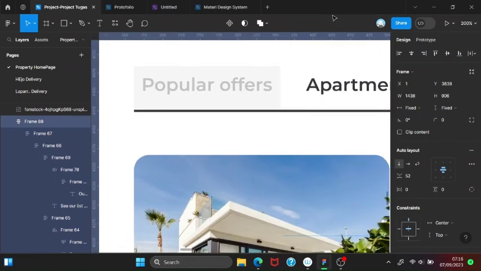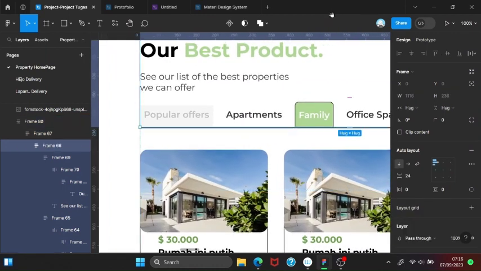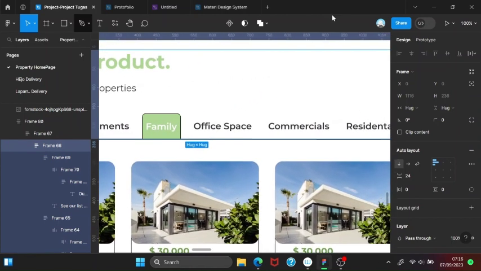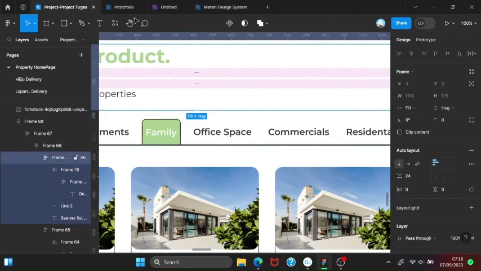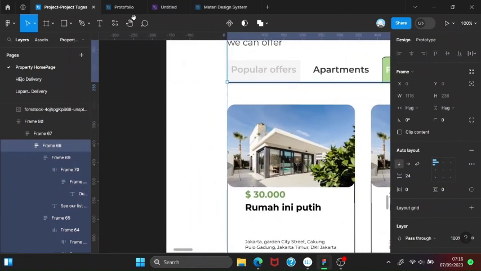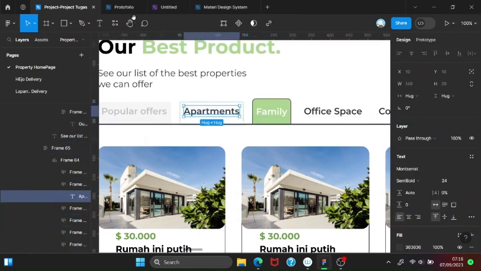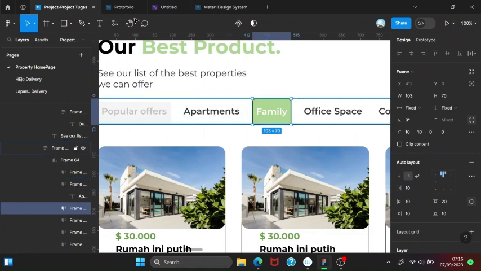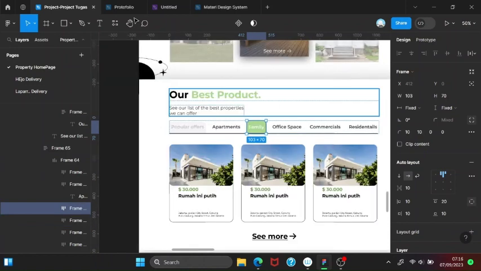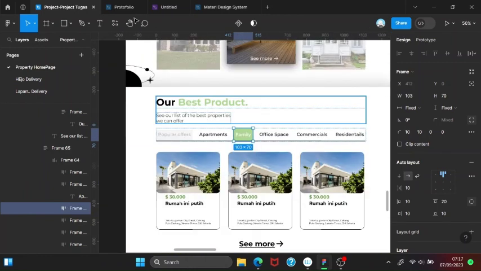Okay, for the line you can make it with a line here. Just press L to make the line, or you can make it with the pen tool, and then just text it and auto layout each text, and then auto layout all of it. And for the selected section, just add a background, add a fill on the frame, and I'm